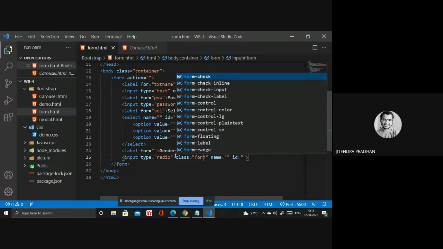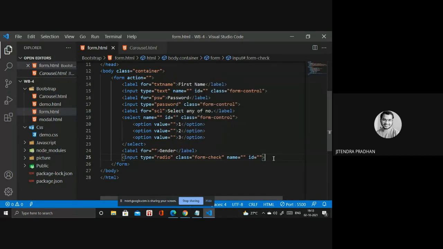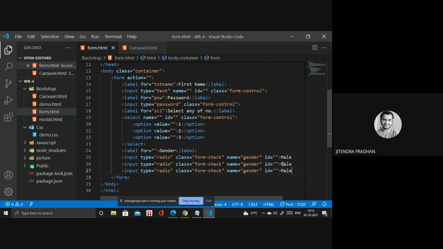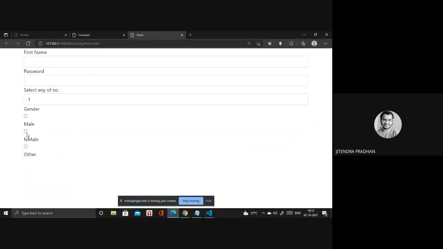Okay, so it's male, and you have to write the name as well, because if you select one particular item, then you have to write gender as each item. So, female, sorry, female, and you have to write other as well. You have to click one as your choice. Okay, so this is the thing you have to design.